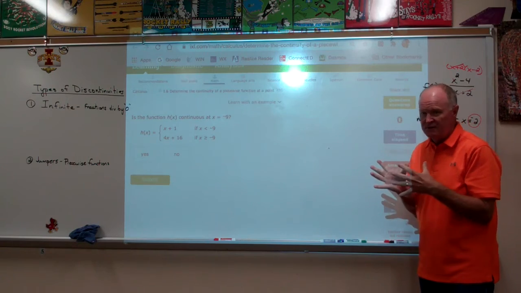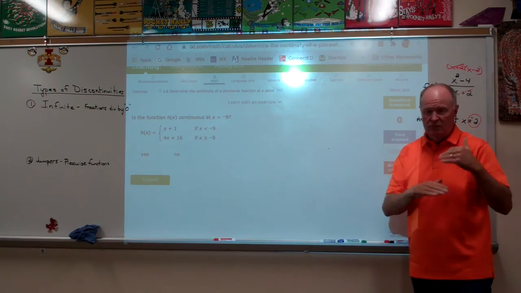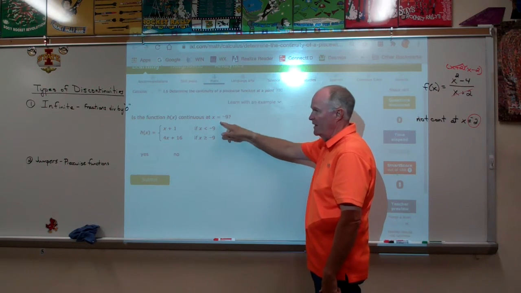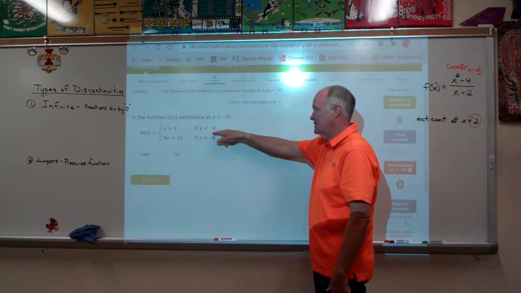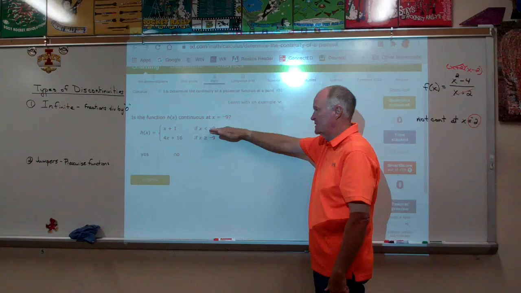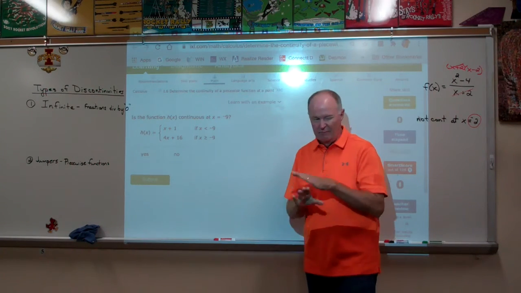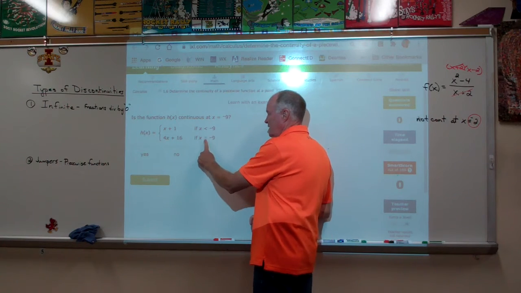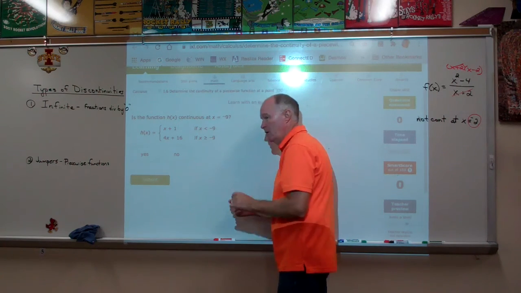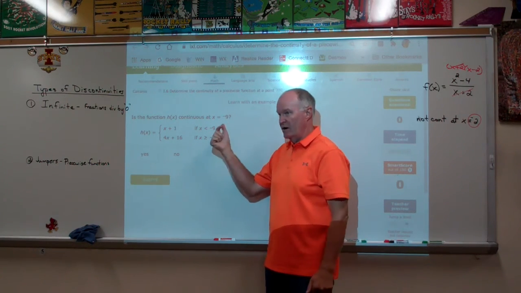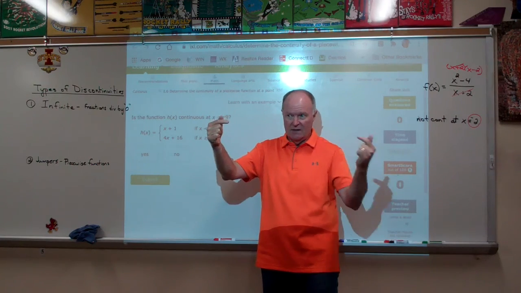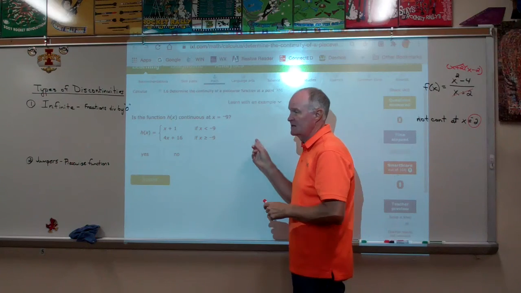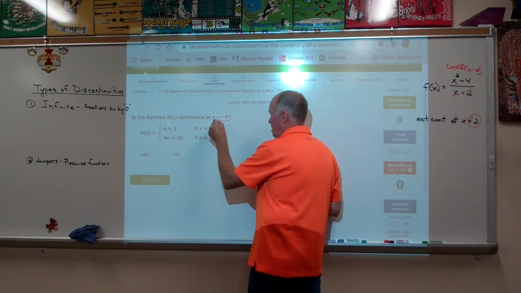With continuous functions, it doesn't matter what's going on. They're going to say, hey, is this continuous at x equals -9? 99.9% of the time, it's the same number that's right here. Remember, this determines what level you're on. For what we're going to worry about, we're not really going to pay any attention to this. We want to know what's going on one side of -9 and the other side of -9 with these two things. So the way we decide if this is continuous is to take whatever number that is